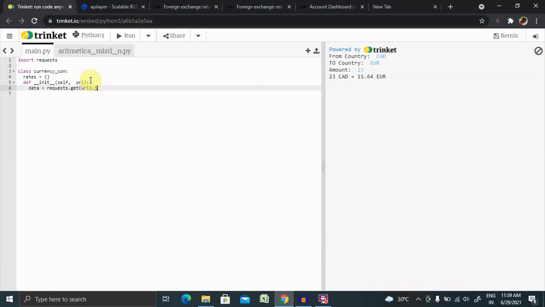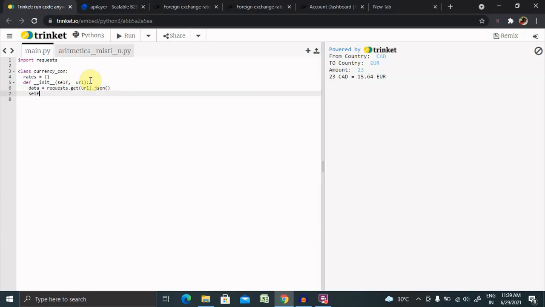This is a JSON file, because of that we are using JSON. If you have XML, you can also use XML. This will create an empty dictionary to store the conversion rate, and based on that we are going to extract this detail.